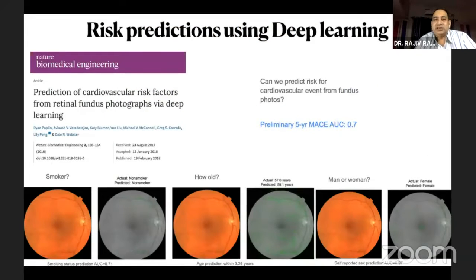People have also tried using deep learning. This is the work by the Google team, who tried predicting cardiovascular risk factors. There are various scores which give us the risk, or the chance, of having a cardiovascular event in the next 5 or 10 years. And with their algorithm, they could predict the 5-year risk of a cardiovascular event with an AUC of 0.7. Basically, using the retinal image, it can predict the age, especially from the vascular diameters. And more interestingly, which we really don't know why, it was predicting gender by looking at the fovea. If you see the heat map, it was looking at the fovea to tell whether it was a man or woman.